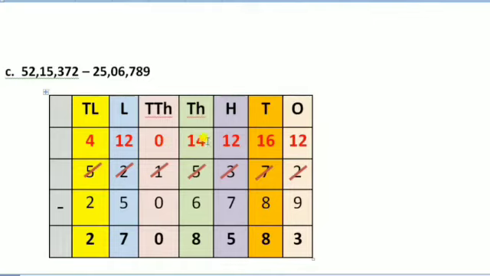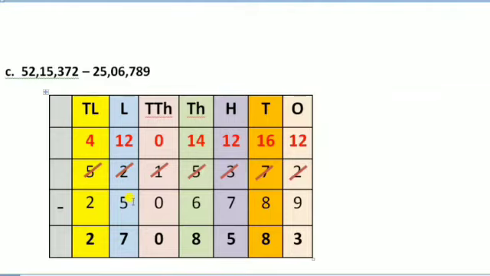Again let us solve it. 14 minus 6. From 14 when we subtract the 6, it becomes 8. So write 8 here. Next 0 minus 0. So 0 minus 0 will be 0 only. Let us move to lakh column.